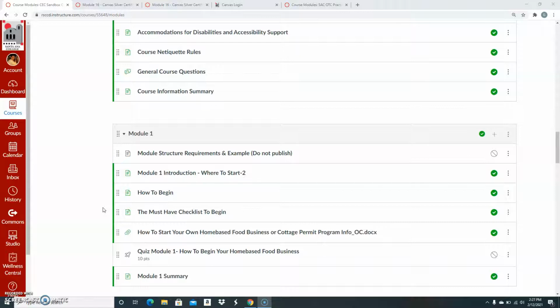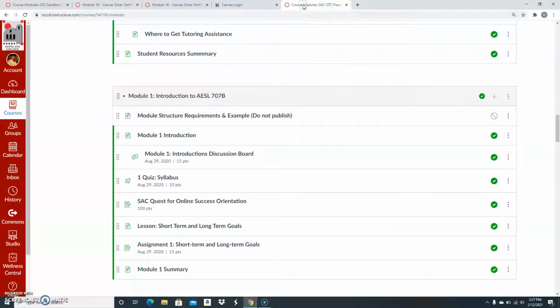The setup you have for each part is very important. So I'm going to go back to my module so you could have an example. So for my introduction,